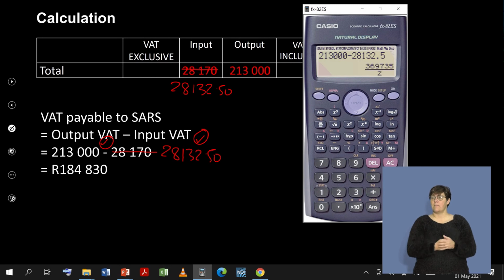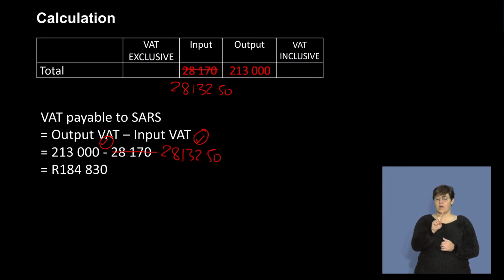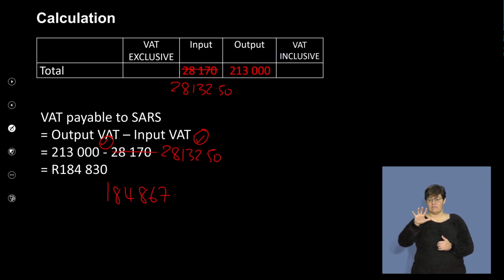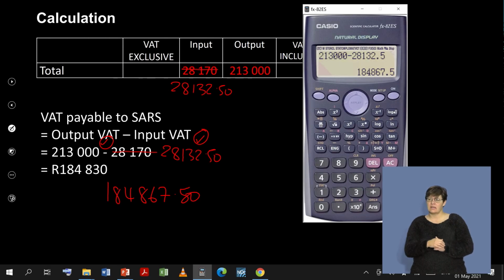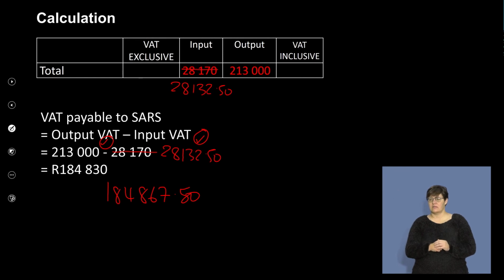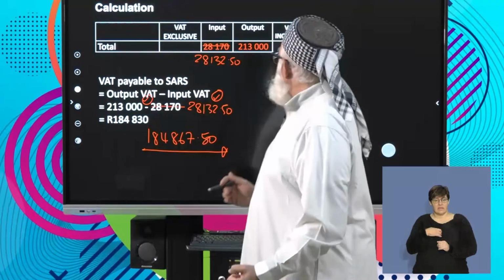And this gives me a figure of 184,867.50. Let's get that figure, 184,867.5. Right? Let's just check that figure one more time there. There we go, 184,867.50. Right. Okay, so now, this means that you have collected from SARS a total amount of